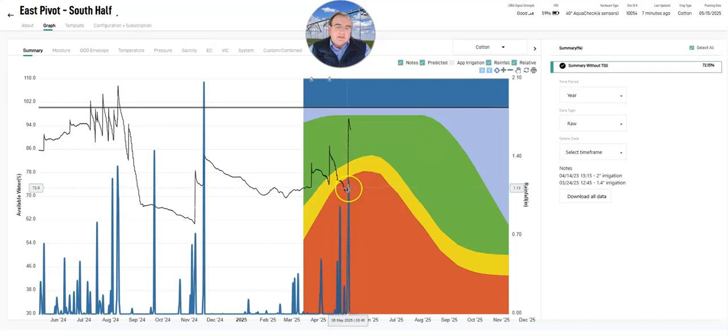And now that 3¼ inches of rain, it's almost 3 inches in the last week, has really done a great job of wetting that profile back up. So once again, you can see where we are today compared to where we were a year ago, and things are in good shape. So if I once again go to what we call the moisture graph and have a